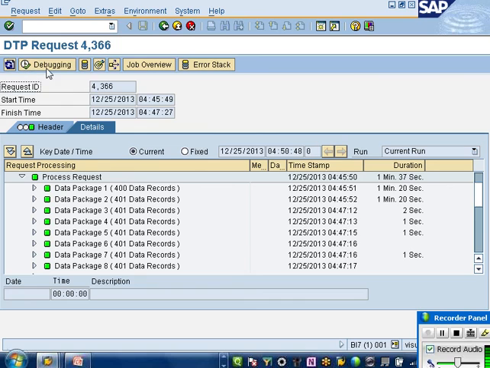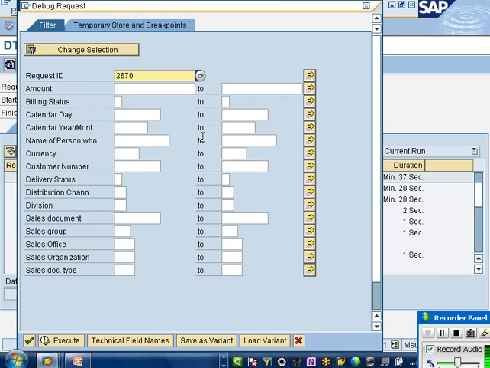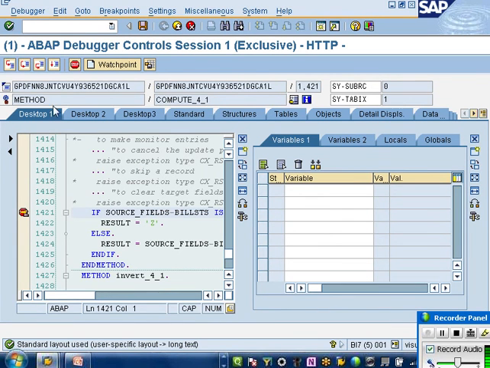This is one way of doing it, and then save it. So the same request, it will again execute in the simulate mode, okay, and save, execute. See, it will process the same request again in the simulate mode and get to the debugger.